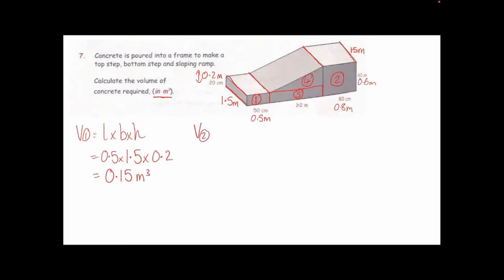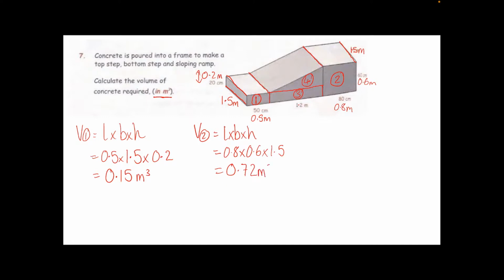Volume number 2 is also length times breadth times height. So that is going to be 0.8 times 0.6 times 1.5. So 0.8 times 0.6 times 1.5, that is going to give me